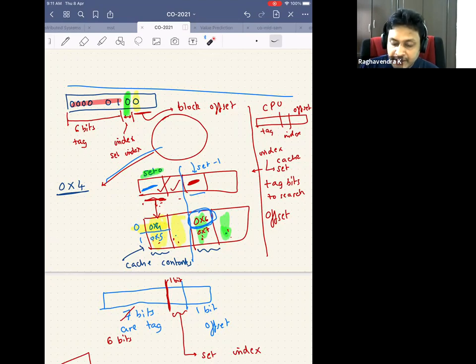and use the index bits. Again, I can use the index bits to store in the respective location. So if this was a miss, I would store only here or here. There are only two ways for this block to be stored. So that's why it's called a two-way associative cache.